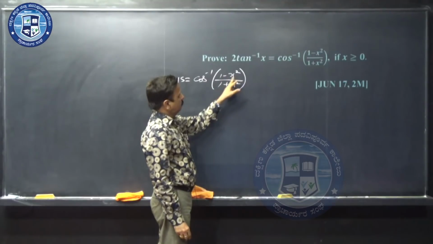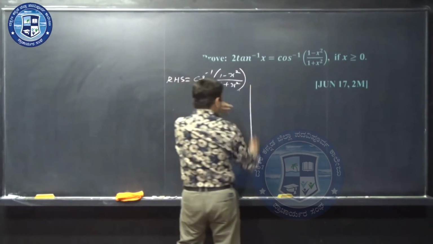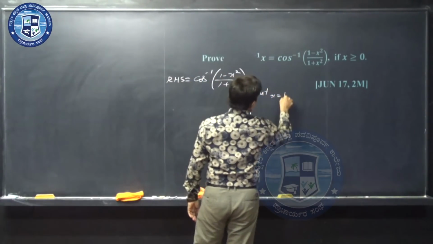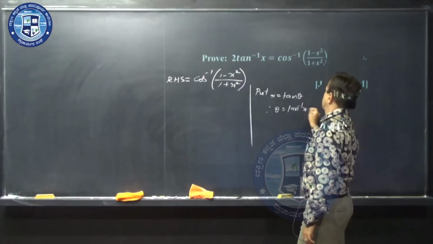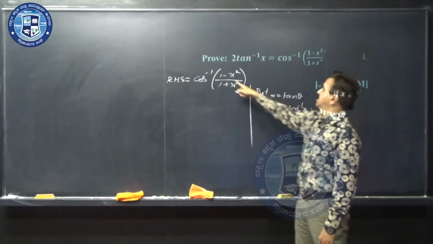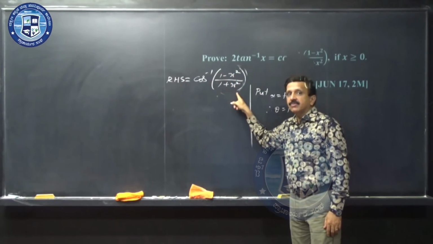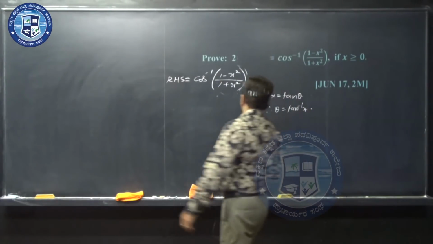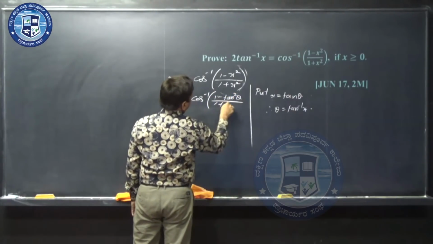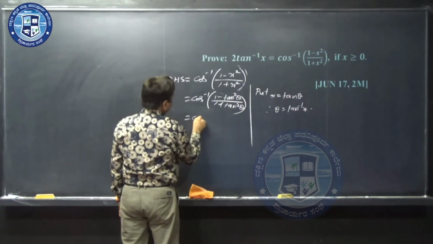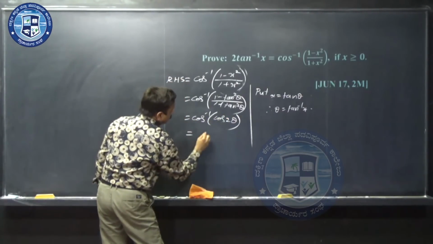Right hand side I have taken, you require the answer on the left hand side, and in terms of tan inverse you need it. By looking at this, you find that 1 minus tan square by 1 plus tan square is cos 2 theta. So, you go for substitution, put x is equal to tan theta, therefore, theta is equal to tan inverse x. Put x is equal to tan theta, because this pattern invites you to substitute x is equal to tan theta. 1 minus tan square by 1 plus tan square is cos 2 theta. Okay. So, if you substitute here, cos inverse of 1 minus tan square theta divided by 1 plus tan square theta, that is equal to cos inverse of cos 2 theta, and this effect will be nullified. Cos inverse of cos 2 theta, answer is 2 theta.